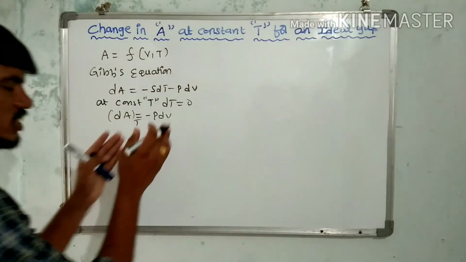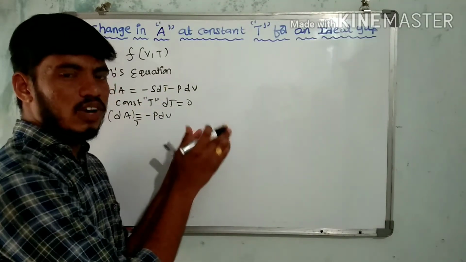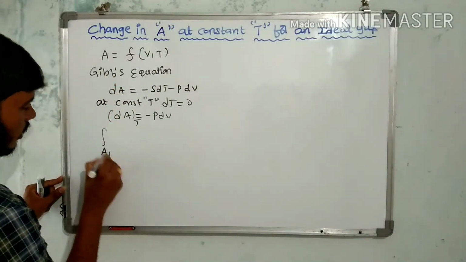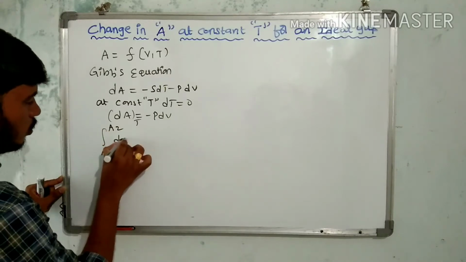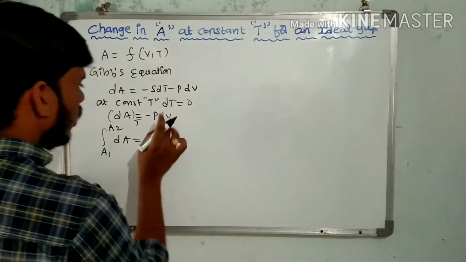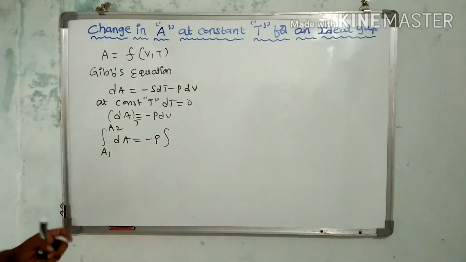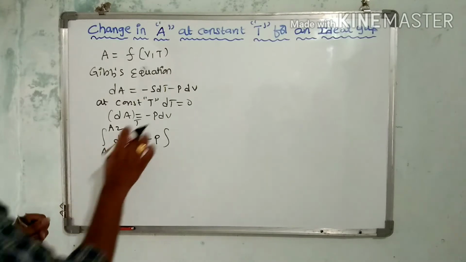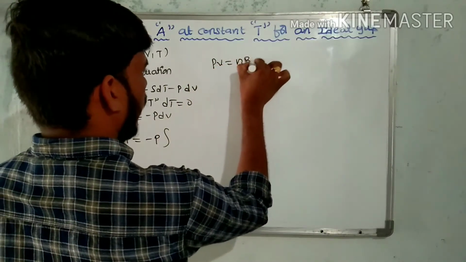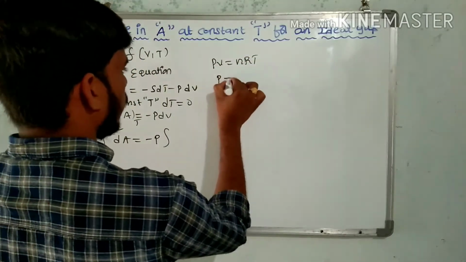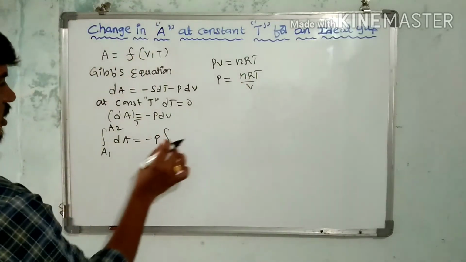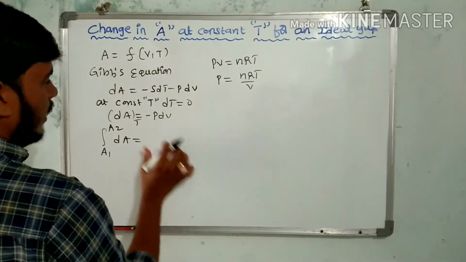With initial work function A1 and final work function A2, the integration of dA from A1 to A2 is equal to minus the integration of P dV. For an ideal gas PV is equal to nRT, so the pressure is equal to nRT by V. Substituting this value in minus P dV,